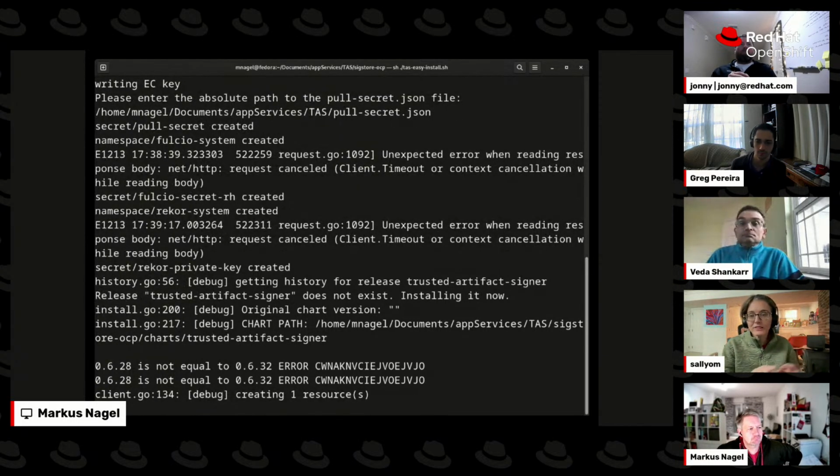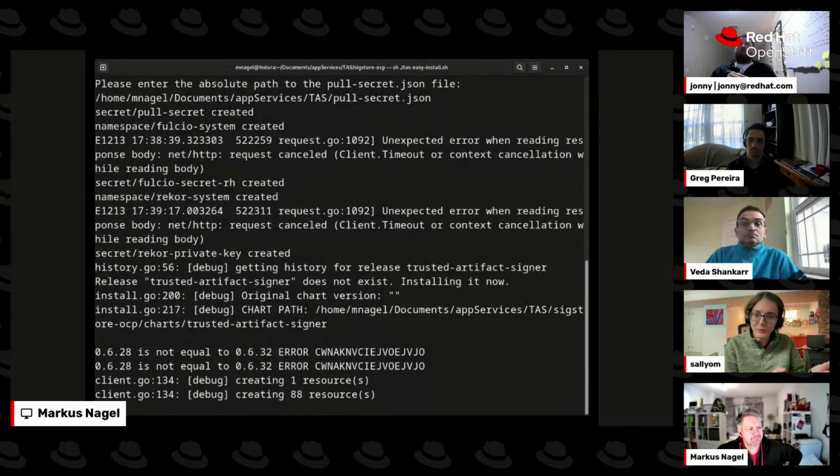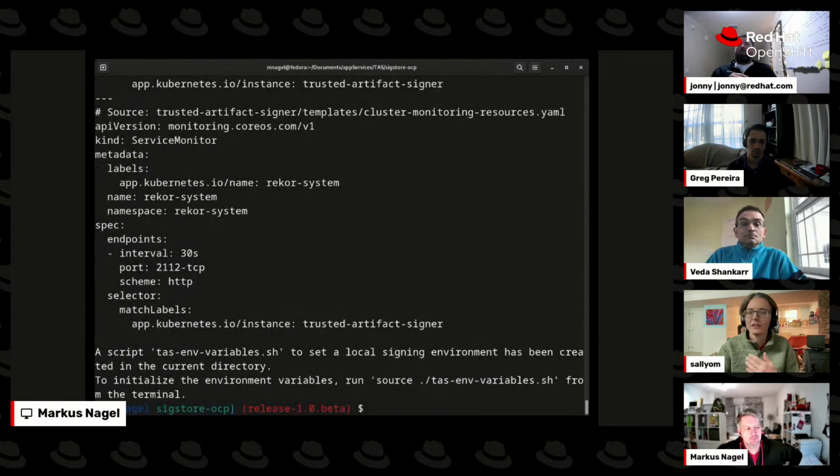So we actually worked upstream with that, and then we pull in all of the OpenShift stuff around it, like cluster role bindings, security context constraints, plus the signer, plus we install a test Cosign pod for signing things in cluster, rather than signing them back and forth from the command line if you want.